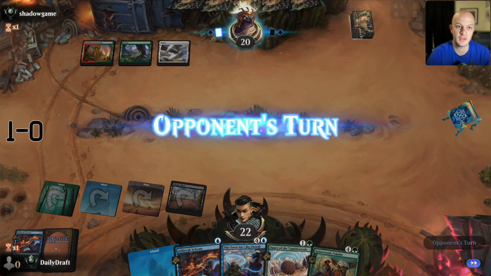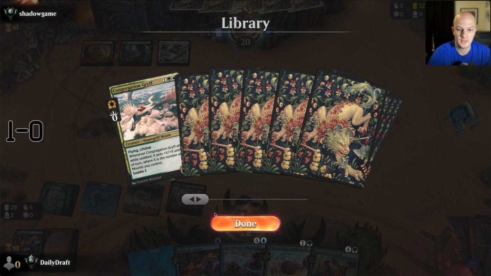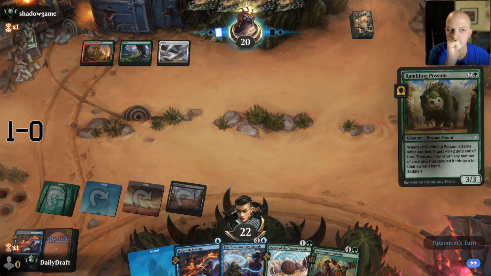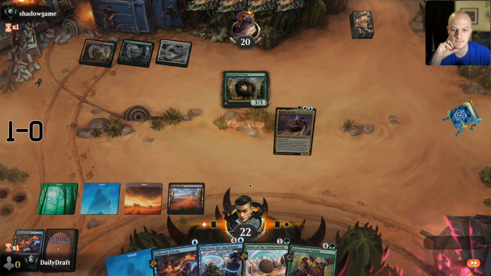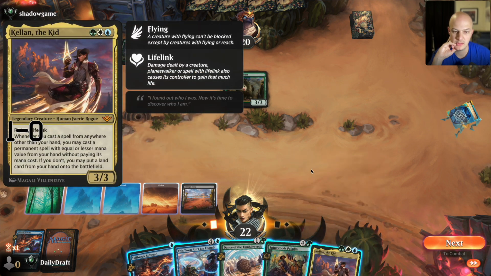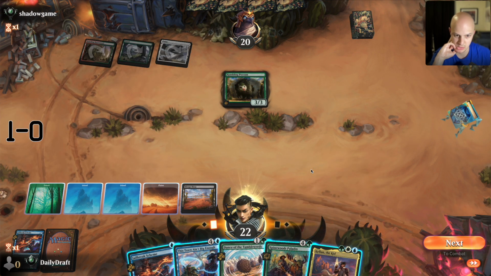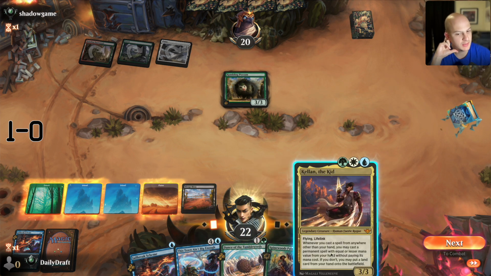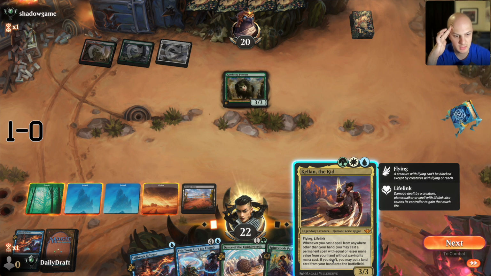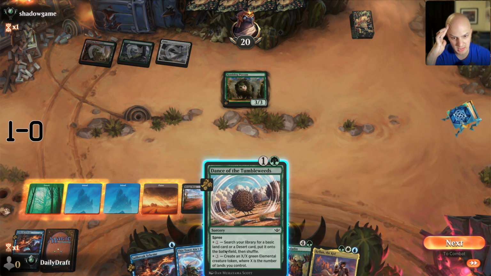Oh, they shuffled it away, or they put it on the bottom this time. They were like, nope, need to hit my land drop. That's a 3/3. Kellen. Quite good with Spinewood's Paladin here. We have to play a little bit off curve, but that's...